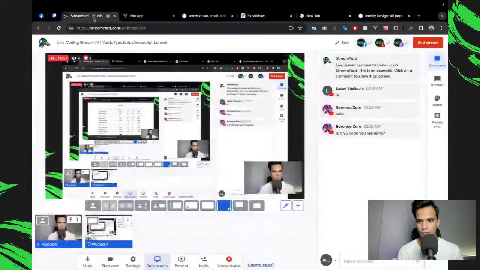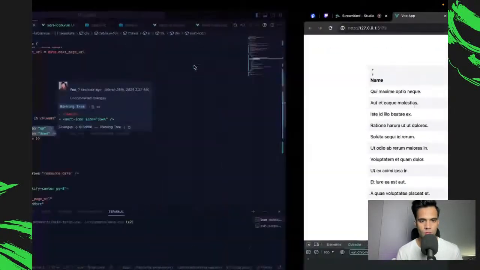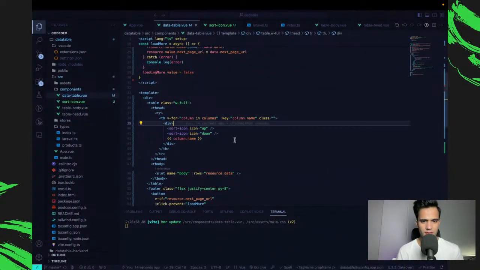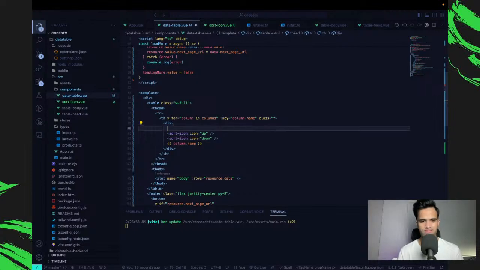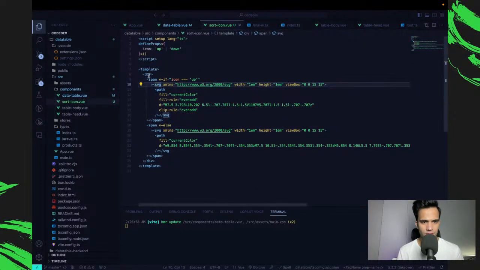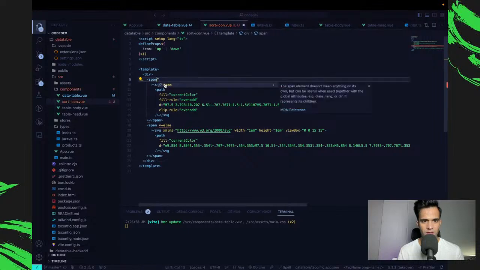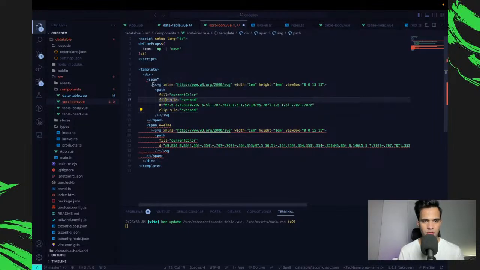So next step is to style these. Again, I think I can further optimize this one. If I could just apply it on the SVG itself, which since it's Vue 3, it should work.